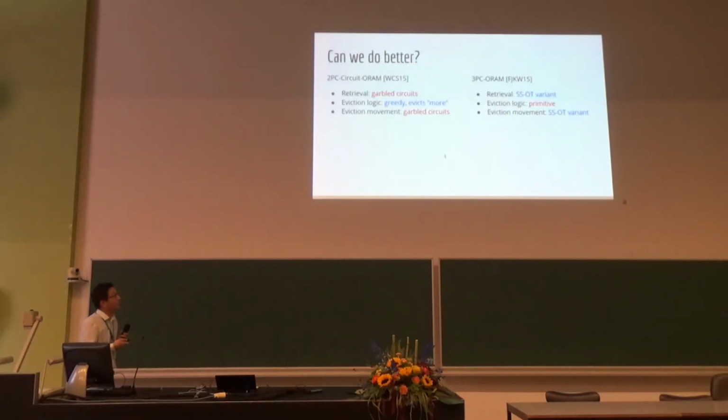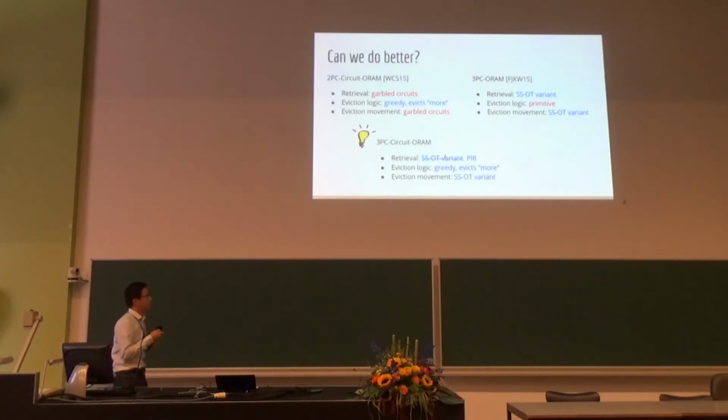So if we put these two schemes aside and compare, we see that for the 2PC circular scheme, we have a better greedy eviction logic. And for the 3PC ORM scheme by Fiber and others, we have cheaper retrieval cost as well as cheaper eviction movement done by customized 3PC protocols. So now we're thinking, can we combine the advantages of these two approaches and have a new 3PC ORM scheme? It turns out that we can, and we can actually do a little better by